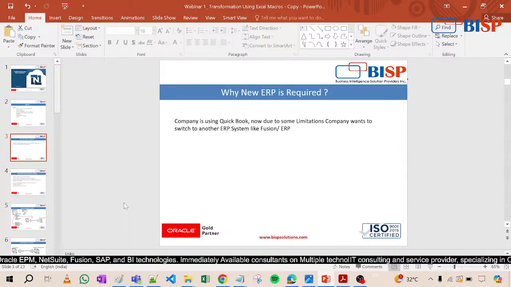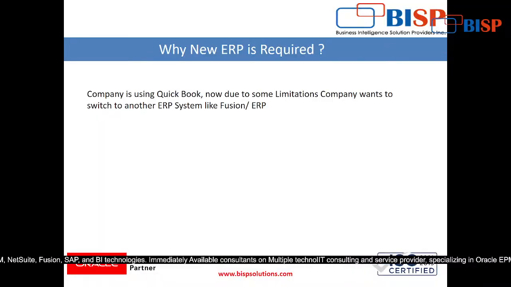Let's take an example that a company is using QuickBooks for the last 10 years and that company is located in US. Now the company recently opened a new company or a child company in India. Now see, QuickBooks, as we know, is operating in US, it's not operating in India. So now the client company has to switch to another ERP. So they decided to switch to Fusion ERP. Now here our role comes, that how we are going to